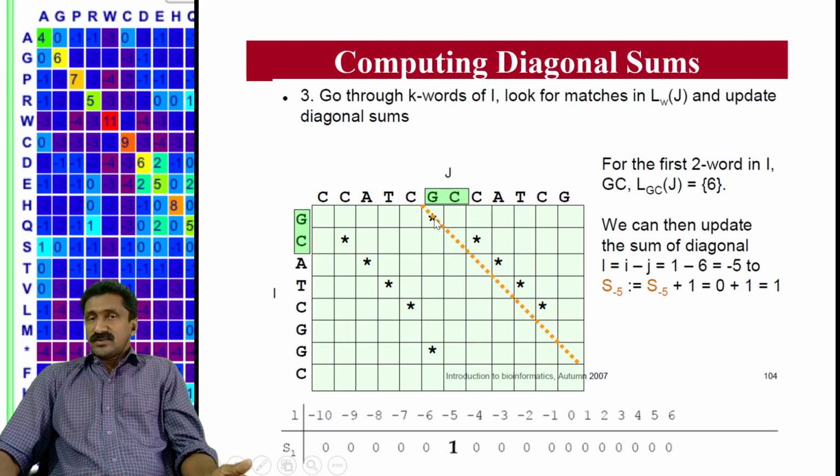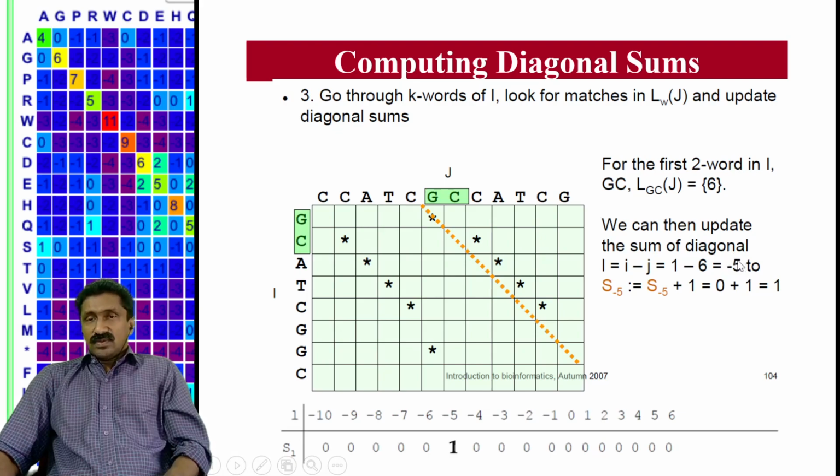Okay, you place a dot here. At the sixth position you have a match, but now the score is calculated as I minus J. I is 1, the sixth word is matching, so 1 minus 6. So your value of the diagonal sum is I, that is the first position, first word, and this is a possible sixth word. First word minus sixth word, you will get minus 5. So that minus 5 is the S5 value.